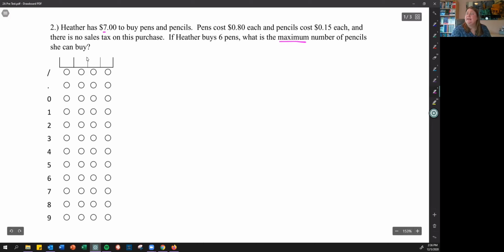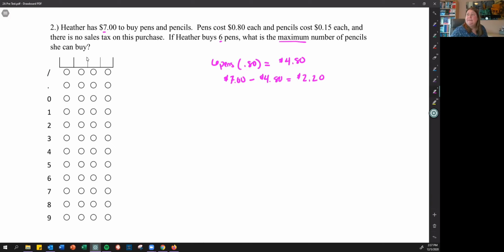So let's see, I have $7, and I'm going to get 6 pens, and the pens are 80 cents each. So how much money am I spending on pens? 6 times 0.8, that's 4.80. So if I started with $7 and I spend 4.80 of it, I'm going to subtract out that 4.80. And that leaves me with $2.20. And that's how much I have to spend on my